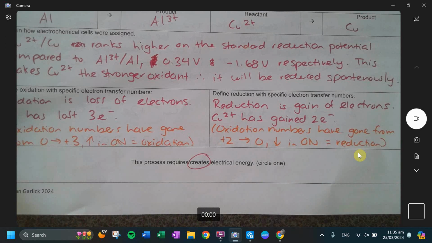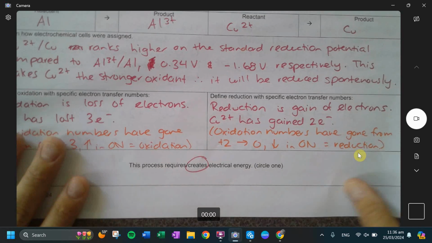Other thing for the achieved is just give me the change in oxidation numbers, or you can give me the gain and loss of electrons. Remember, the stuff that I've written in orange is just kind of extra stuff, or it's processing stuff. It's not stuff that I actually require. But if you do put that down, it does give me extra evidence to show that you know what's going on. Are we good so far? All right, so that was the achieved stuff.